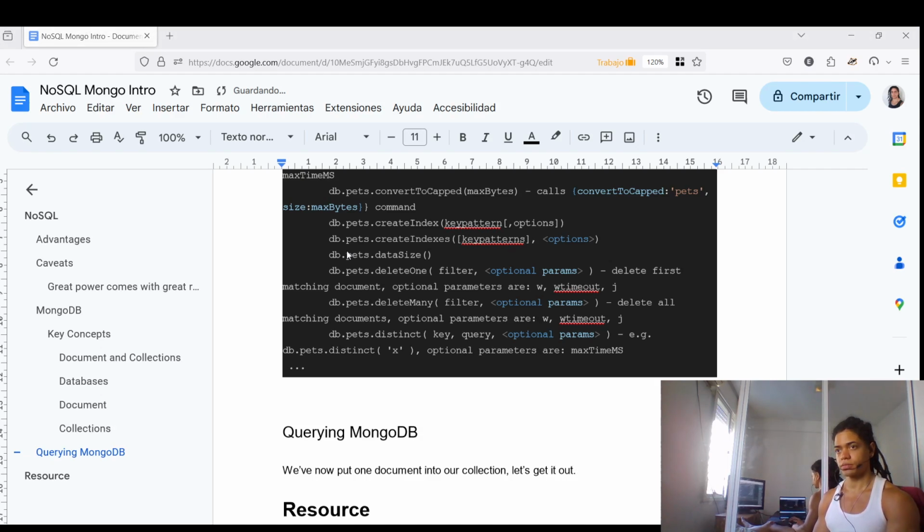So if I say db.pets and then I say findOne, just like that, there's only one document in the collection, so it'll get that one, right? I just gave it an empty query because I knew it's going to find something, and that something is going to be literally the only one there. That's why that one ends up working. But here you can provide it with a query object. So in this particular case, I could say,